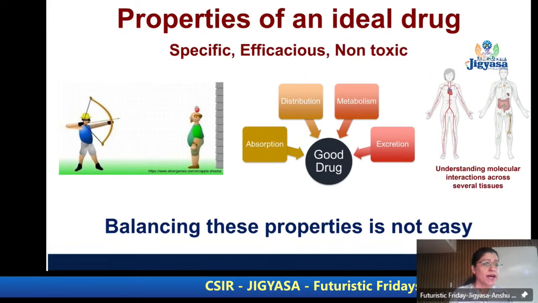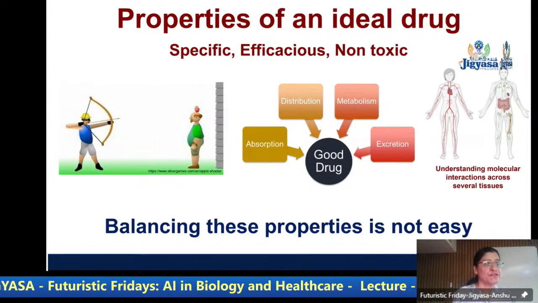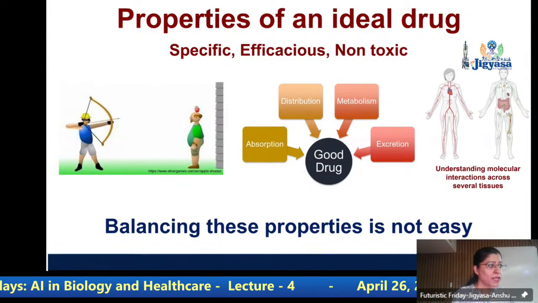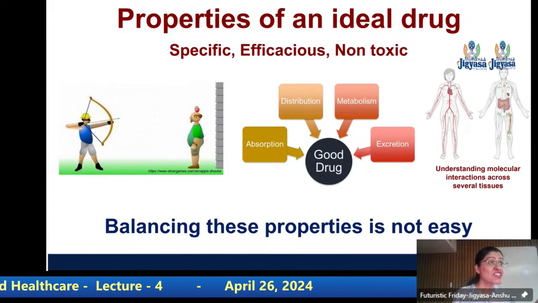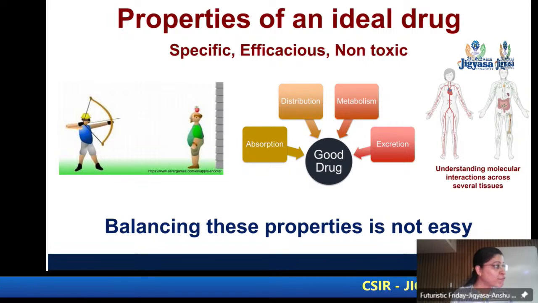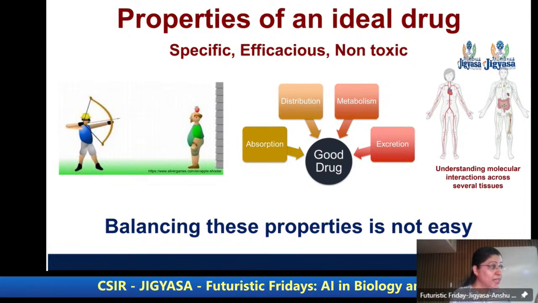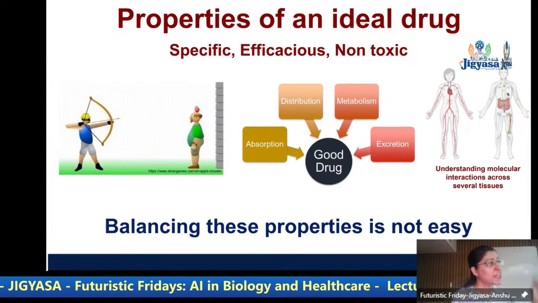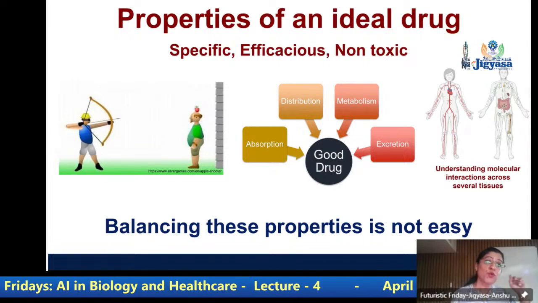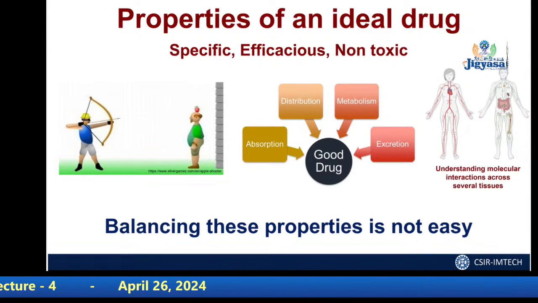Now, just to give you an idea, if a compound kills a bacteria, that is not sufficient, okay? Because it can be toxic. We actually understood what thalidomide did to pregnant women. Pregnant women were fine, but who suffered? Their kids, right? So a drug can still be efficacious. It will still work for the disease condition, but it can be toxic. So it is not just efficacy, but it is also specificity.